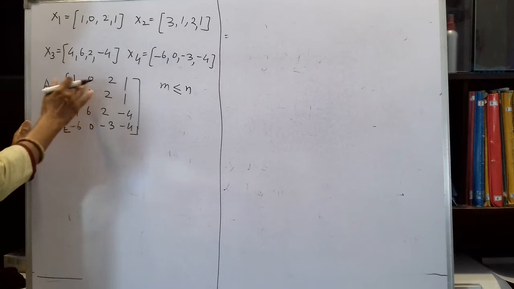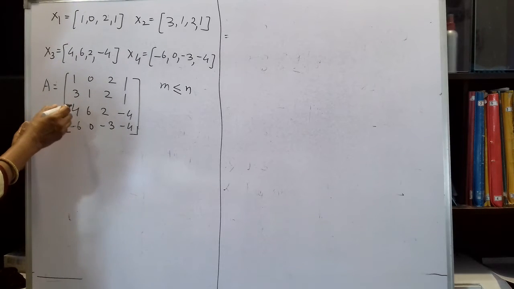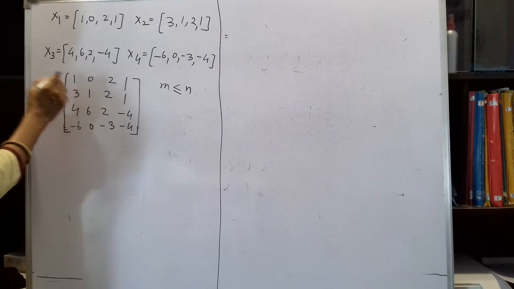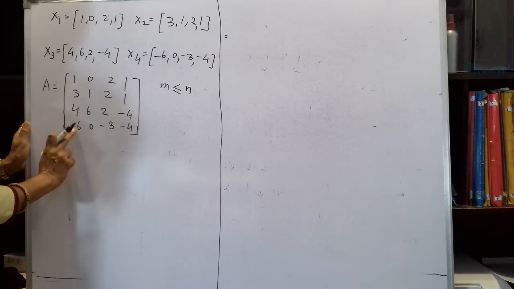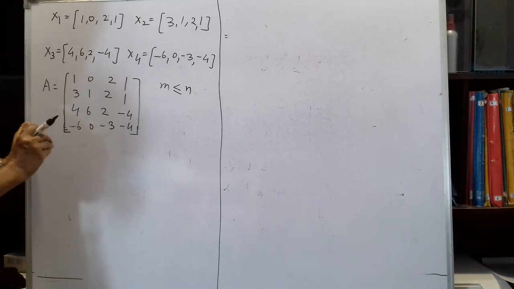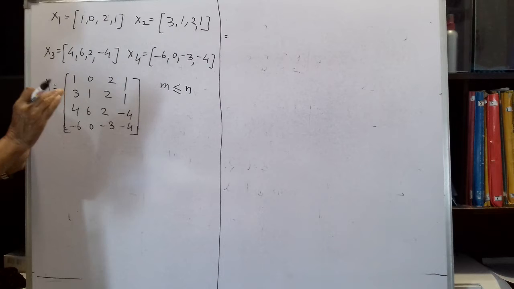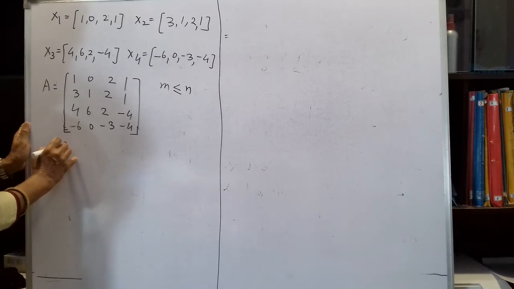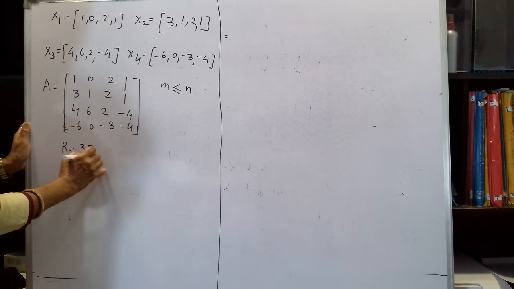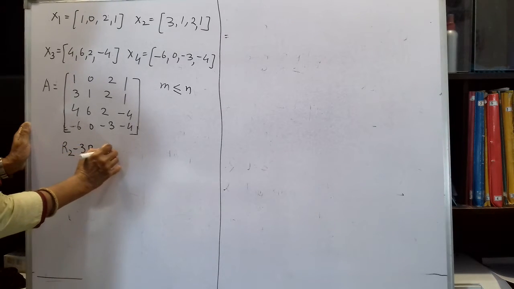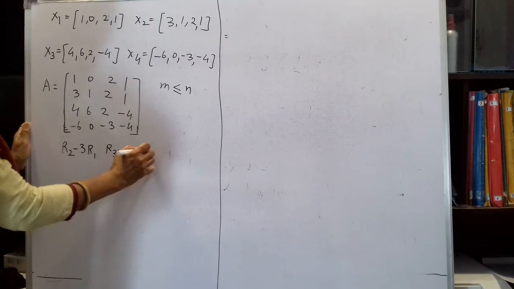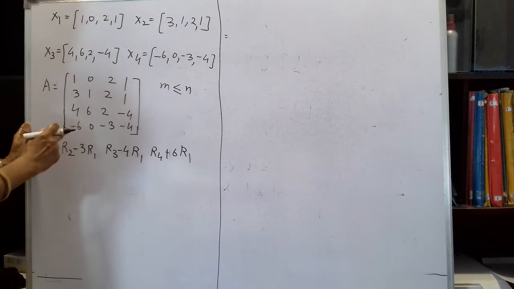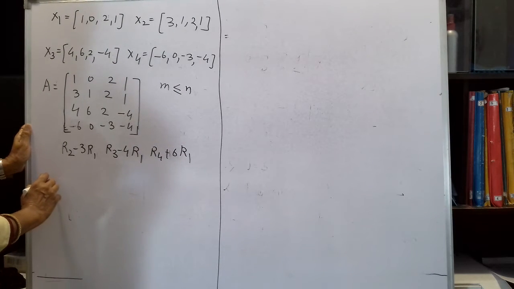Now first of all we have to find the rank of the matrix. Everybody knows the rank. To find the rank of a matrix, we have to bring zeros in the first column using the first row. यहाँ जीरो लाना है, यहाँ जीरो लाना है, यहाँ जीरो लाना है. हमको मैक्सिमम जीरो रो लाना है, जितने ला सकते हैं. That is, the number of non-zero rows is the rank of a matrix. तो हमको यहाँ जीरो लाना है using R1. तो हमको करना पड़ेगा R2 minus 3R1, R3 minus 4R1 and R4 plus 6R1. ये यूज करके हम जीरो ला सकते हैं. So that A will become